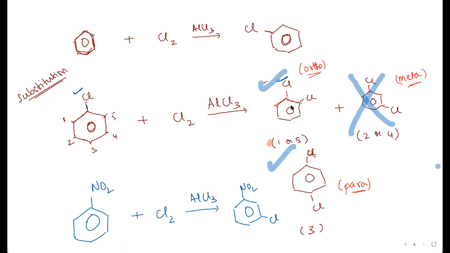Ma'am, reason? The reason for these kinds of differences is that the substituent already present on the benzene ring, whether it's chlorine, NO2, OH, or COOH, affects the electron distribution within the ring itself. We learned about this when we were talking about the resonance effect. Do you guys remember plus R, minus R?